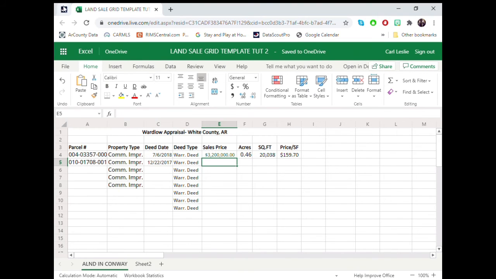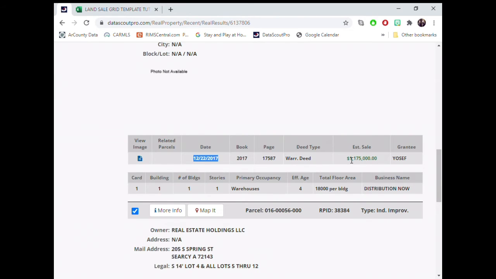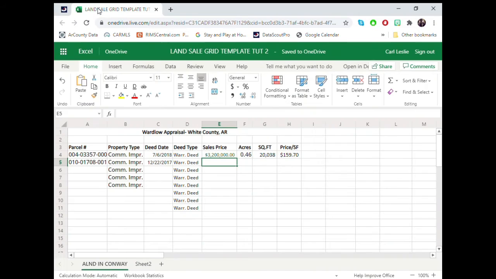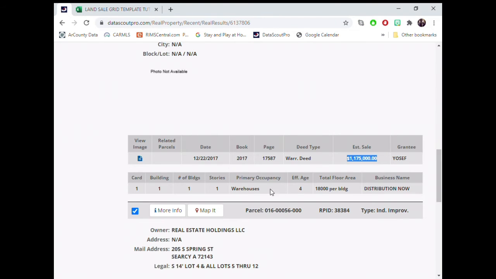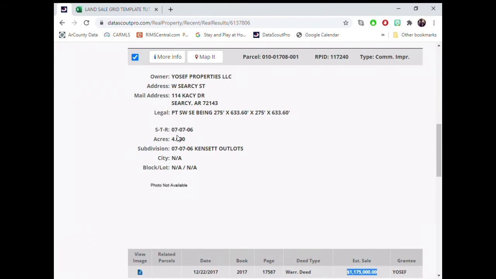Move our cursor, go back and get the sales price. As you can see, setting these tabs up like this is very easy. Copy it, Control V. Okay, and we grab your acres. It's right here. Copy it,